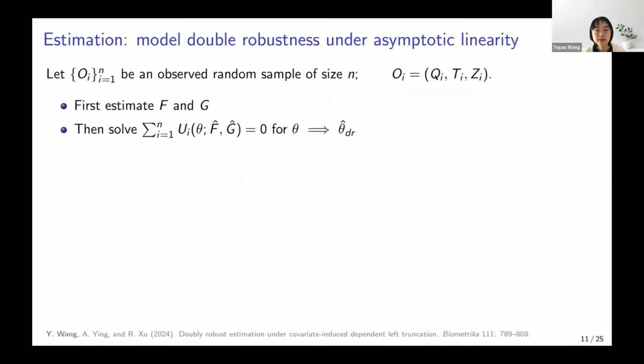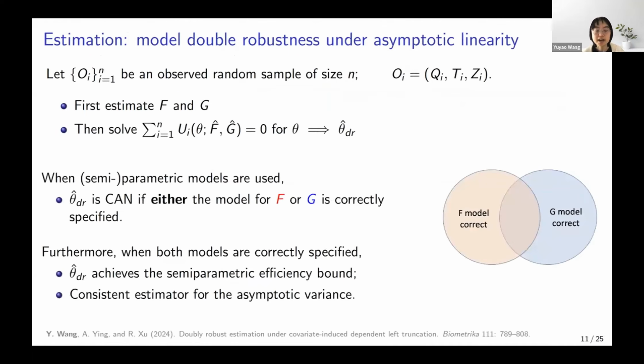And from there, if we have a random sample of size n from the observed data distribution, we'll first estimate the two nuisance parameters F and G, and then we'll plug in those nuisance estimates to construct an estimating equation for theta. And in practice, sometimes practitioners may have some confidence to specify parametric or semi-parametric models for the two